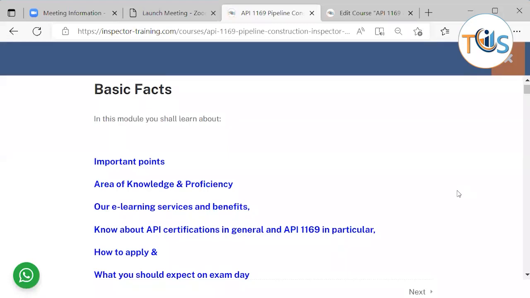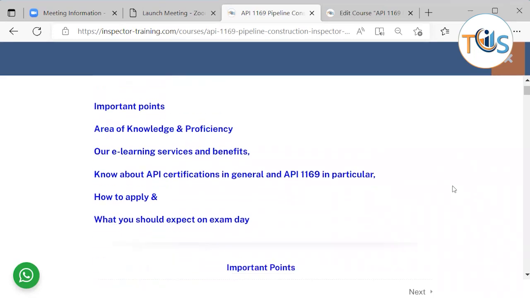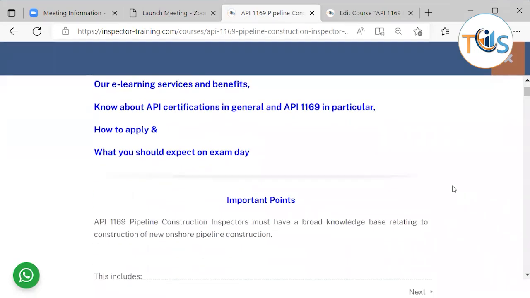API 1169 Pipeline Construction Inspector, Module 1, Basic Facts. In this module, you shall learn about important points, area of knowledge and proficiency, our e-learning services and benefits, know about API certification in general and API 1169 in particular, how to apply, and what you should expect on exam